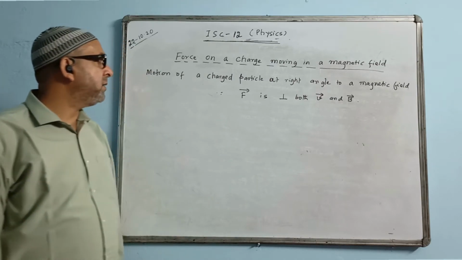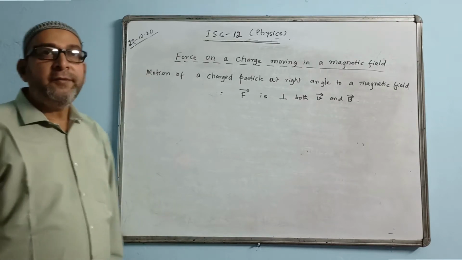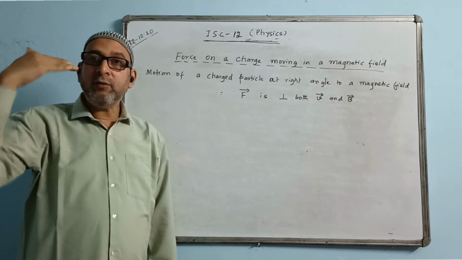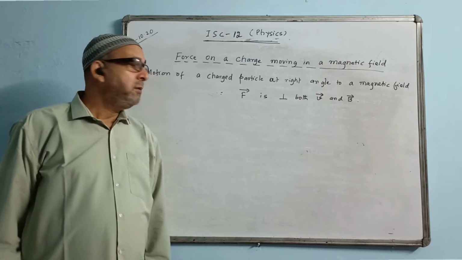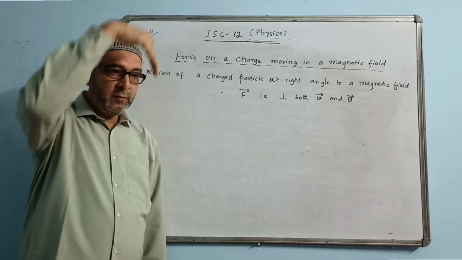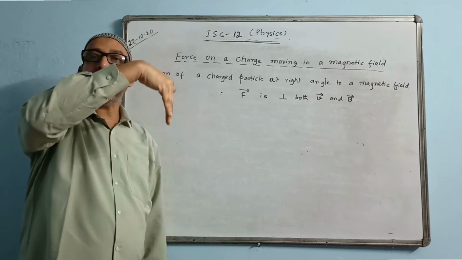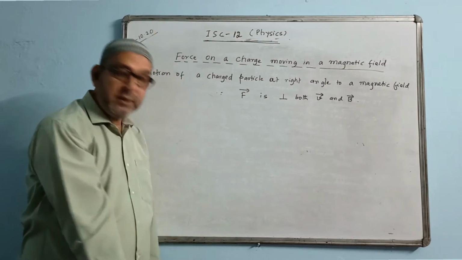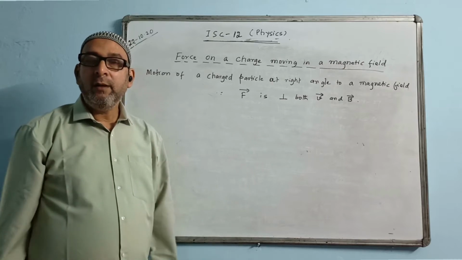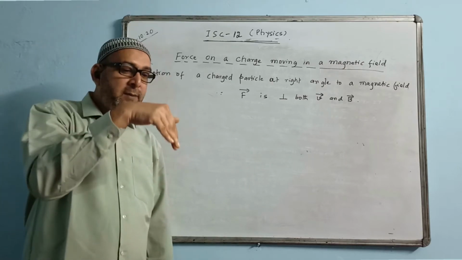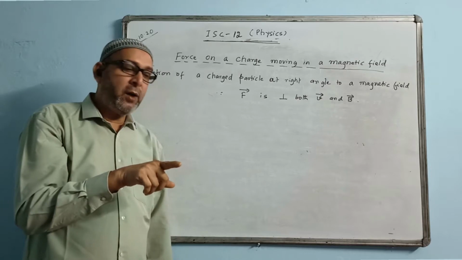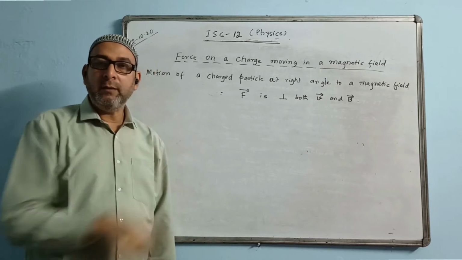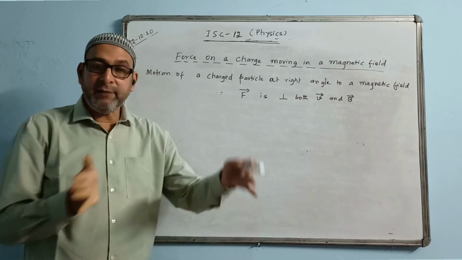Now try to understand what I said. Whenever a charged particle enters a magnetic field region at right angle, that case only we have in our syllabus. Whenever it enters at right angle, what will happen? It will experience the maximum magnetic force. The charged particle will not keep on moving straight in the magnetic field region. Rather, as it enters the magnetic field region, it will acquire a circular path like this. This way, it will keep on circulating there within the magnetic field region.